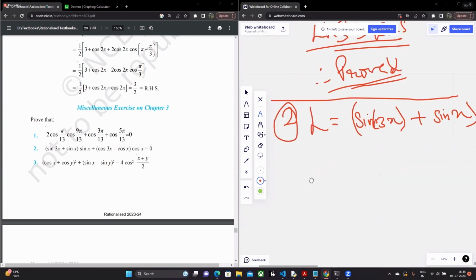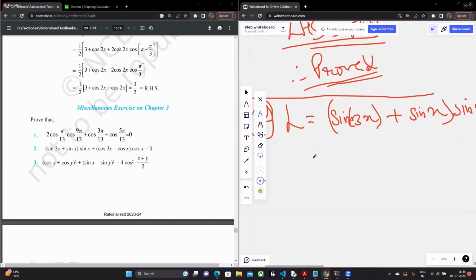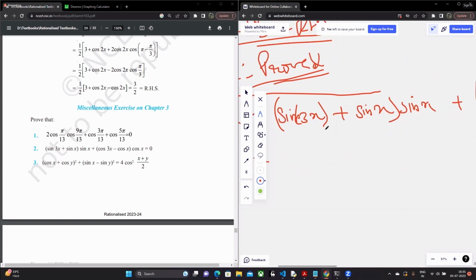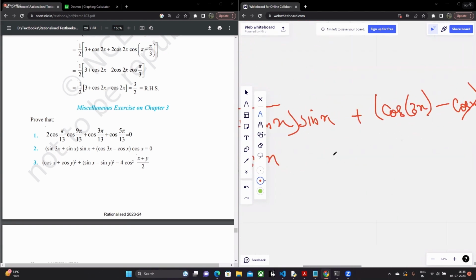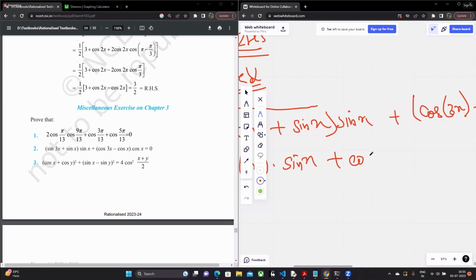This is going to be the left hand side. What I'll do is, I'll remove the brackets. So I'll be having sine 3x times sin x, right? And over here, I'll have a cos x into cos x. So I'll write this over here. This is plus cos 3x into cos x,